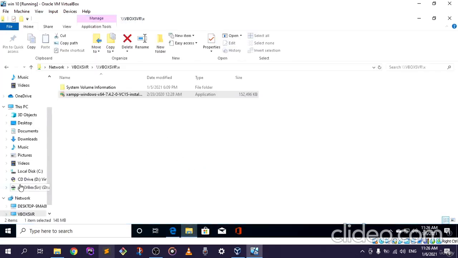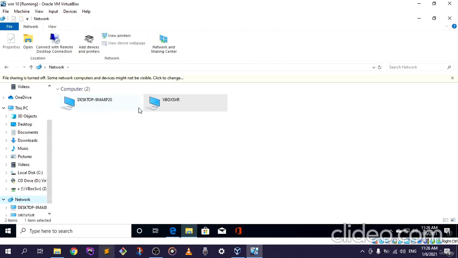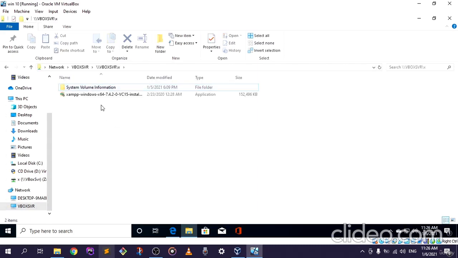Now I have it over here on my network. Of course, this will not be the case for you. Just because I'm on my virtual machine, it should be right here. So all you have to do is just click on it, and you notice that I have 7.4.2. Okay, there are not very big differences between 7.4, 7.3, or anything like that. They're basically the same thing. So if we click on it,